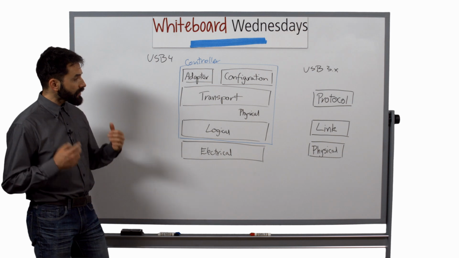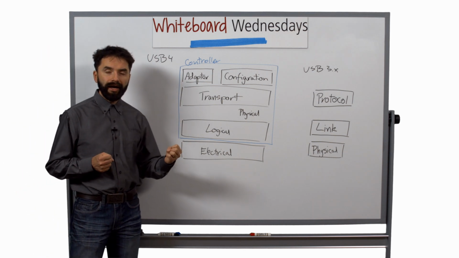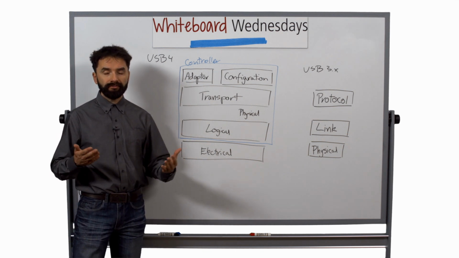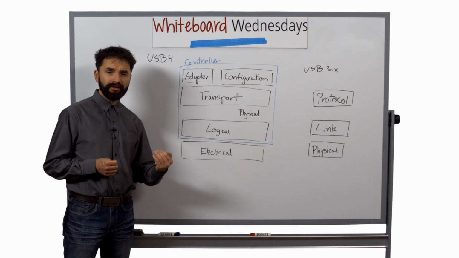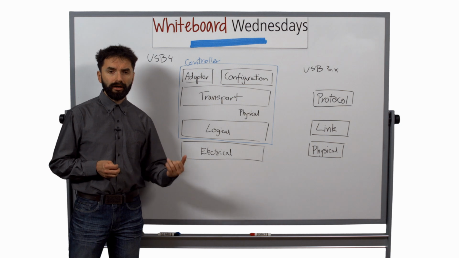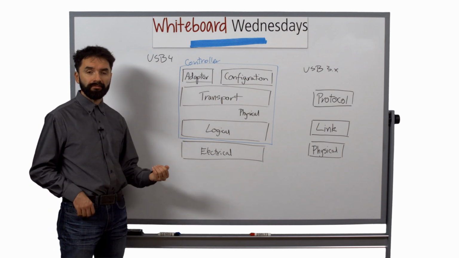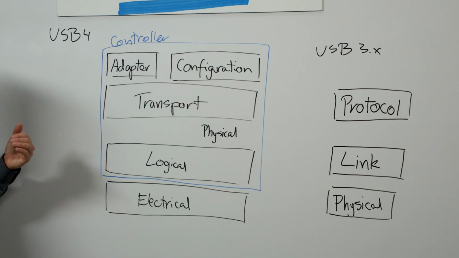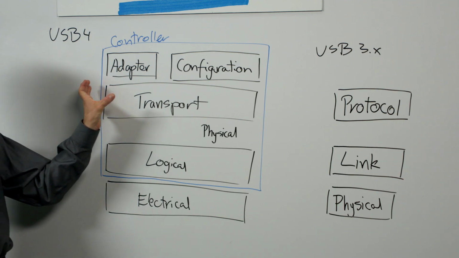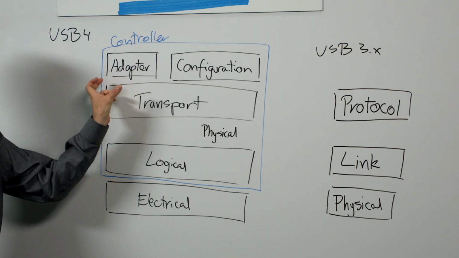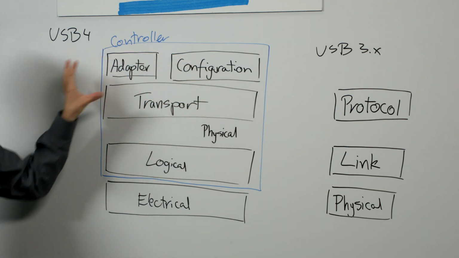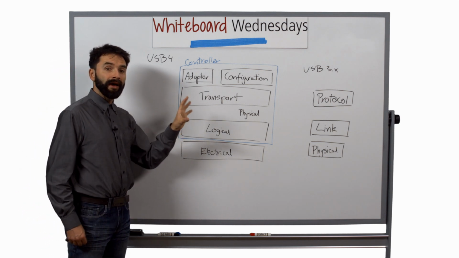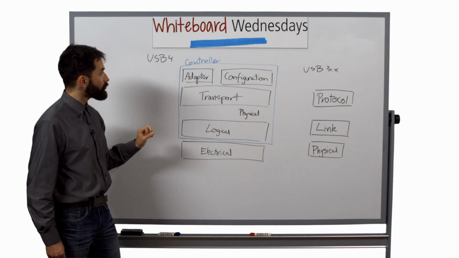Think of USB 3 as an alternative mode for USB 4. The term alternative mode was already introduced back when the Type-C standard was developed, where DisplayPort became an alternative mode for USB. Now USB 3.x will also become a part of the adapter layer for which USB 4 will be configured. Obviously, USB will definitely be one of the mandatory modes for USB 4, but it's important to know that